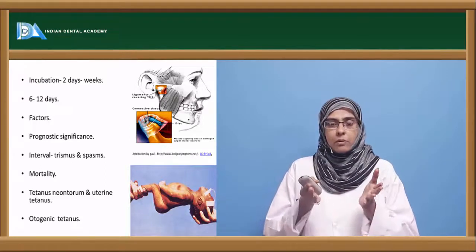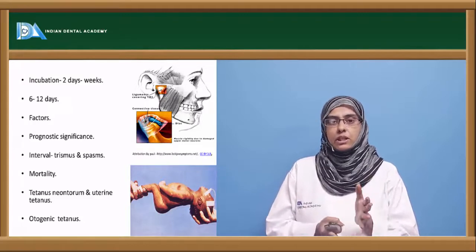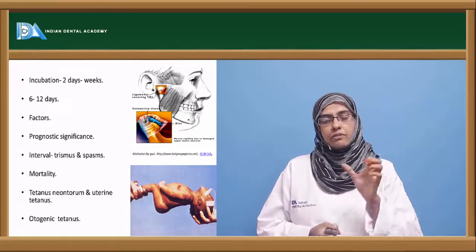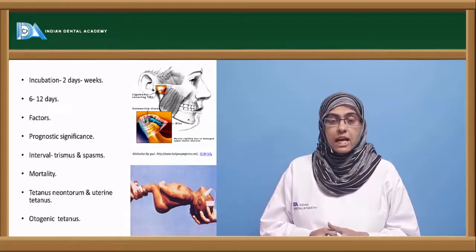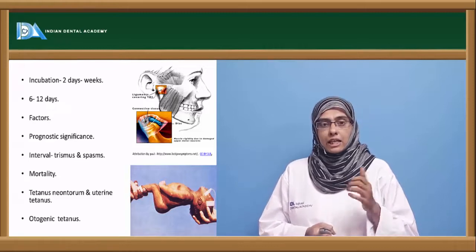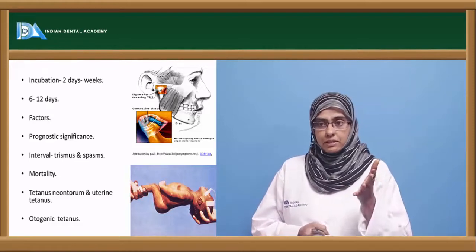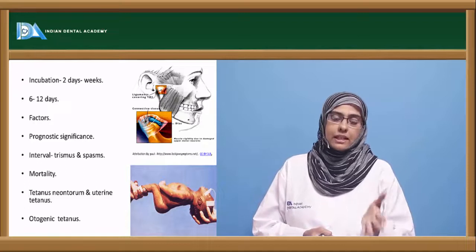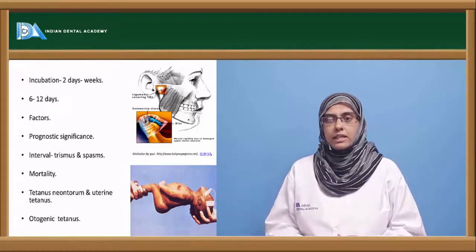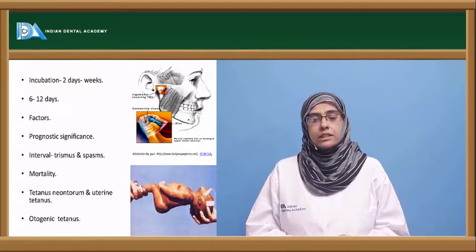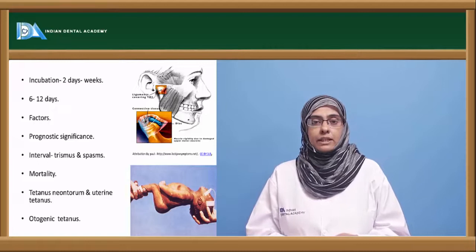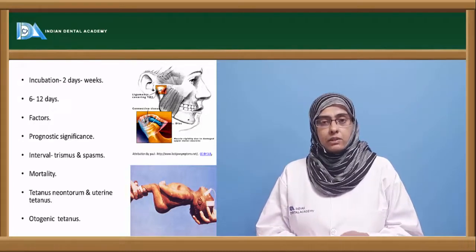So the optimum incubation period is usually 6 to 12 days, and the incubation period is of prognostic significance. Apart from that, an important feature of this disease is the first symptom, trismus, which is lockjaw, and the spasm that usually involves generalized infections. The disease shows a higher mortality rate of about 80 to 100% in individuals who are not